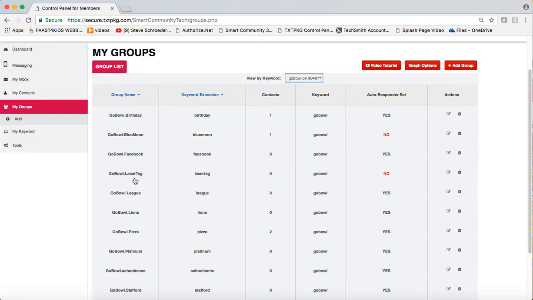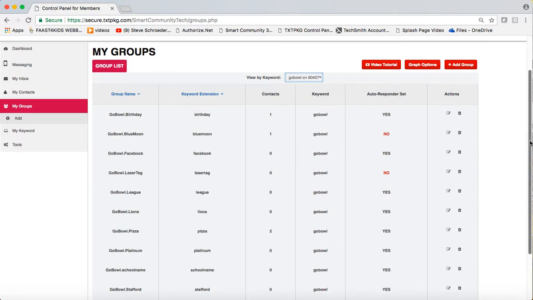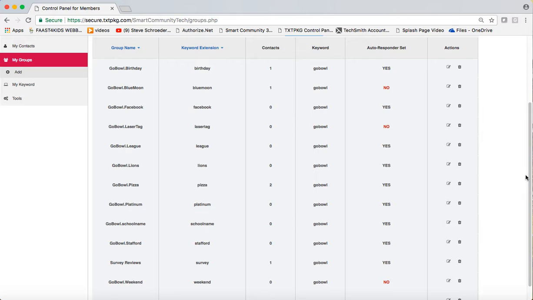There's a lot of flexibility here that we want to illustrate with these groups because this allows you to automatically communicate with people by their preferences. I want to show you the importance of that right after we go over this. Whether they like the Lions, this could be any NFL team, whether they're a league bowler, whether they like open play. Pizza might be their favorite food. You can put your entire menu on here, maybe the top favorites, and then you can automatically program special offers to people based on their preferences. This is if they're like a platinum member,